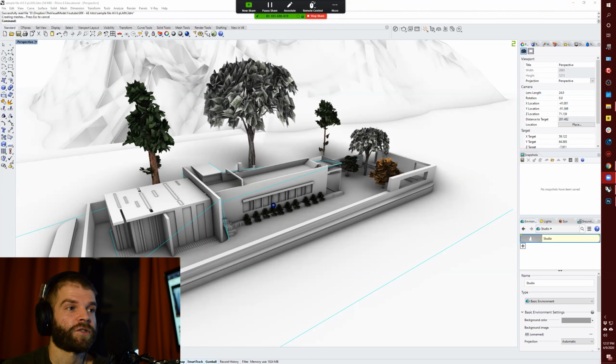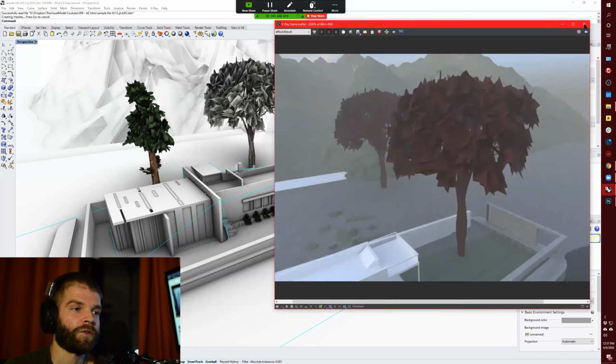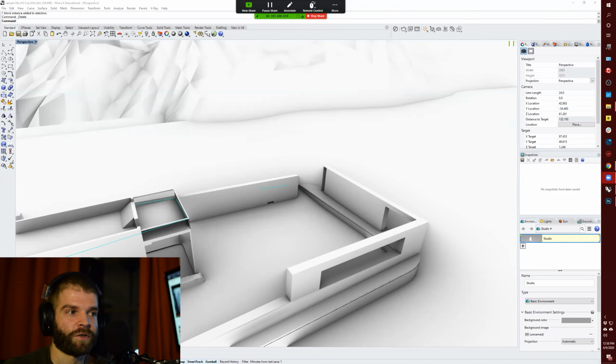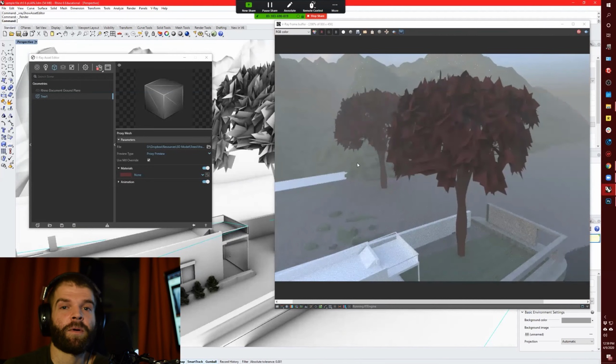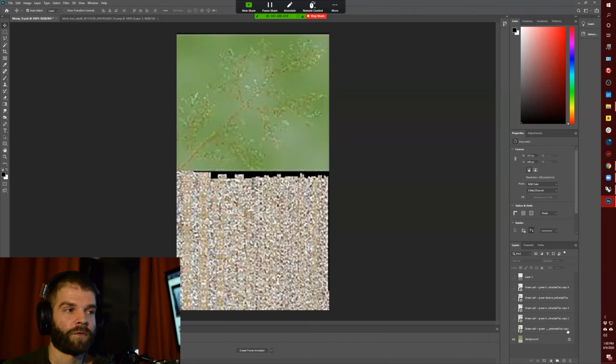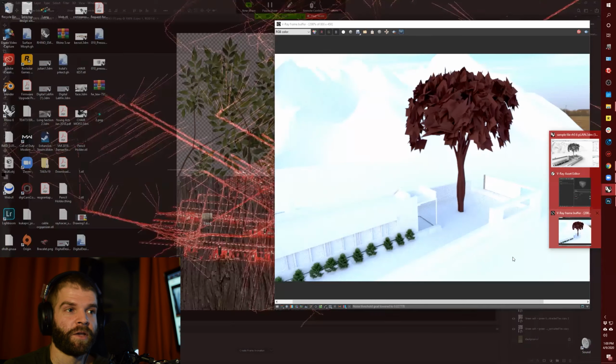Applying different textures to different objects as well, like this free tree I downloaded. I applied my own custom textures once I understood how the textures were mapped onto it, and it came out looking so much better than when I downloaded it. So I was able to replicate that whole process for a model that I downloaded online